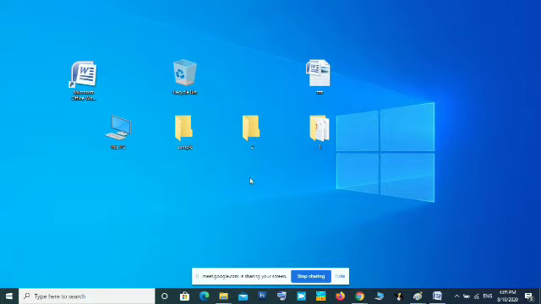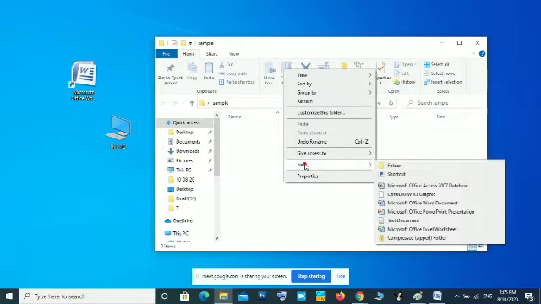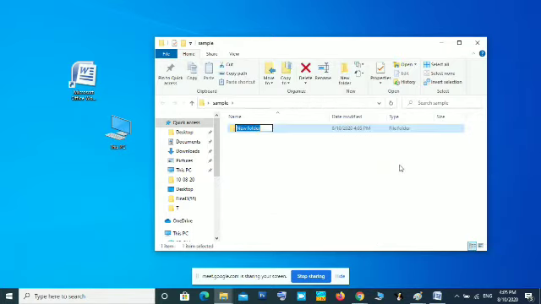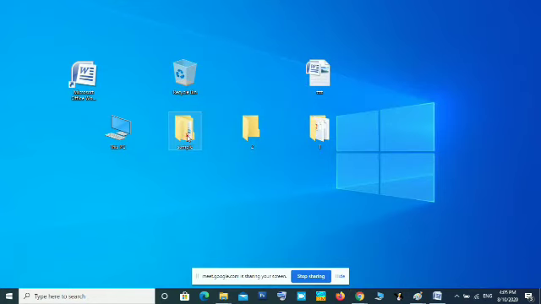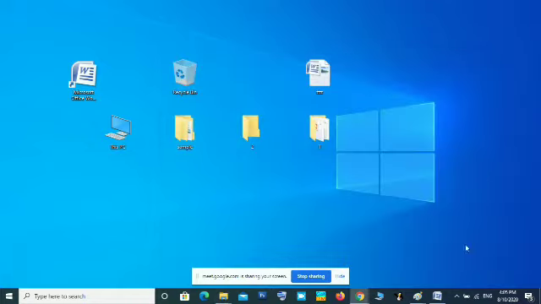If you want to create a subfolder, a folder within another folder, open one folder. Now I am opening the sample folder. You can see that sample folder. Inside this folder, right click, select New and create a folder. Now this is a subfolder. I am typing A as the folder name. This A folder is a subfolder of the sample folder. So when I open the sample folder, inside that you can see another folder. This folder is called a subfolder. A folder within another folder is known as a subfolder.